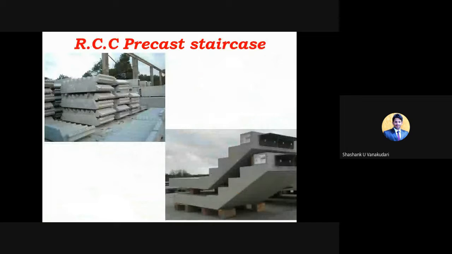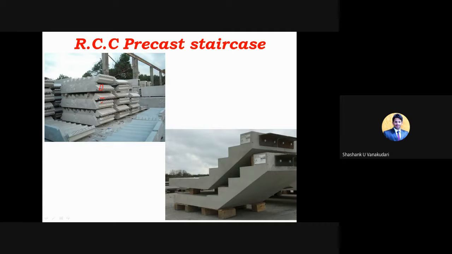Like that you can see the storage of precast staircases, and here you can see the connection joints used during the erection process. Just zoom in. Through that they can lift it, and here you can see the additional reinforcements, which they stick and connect with the slab members.